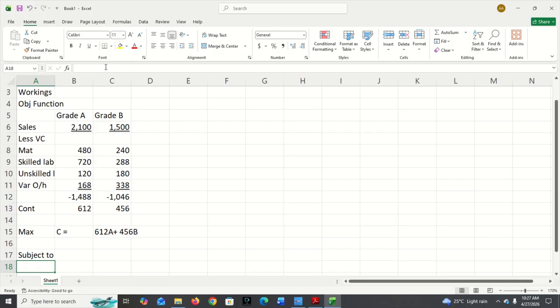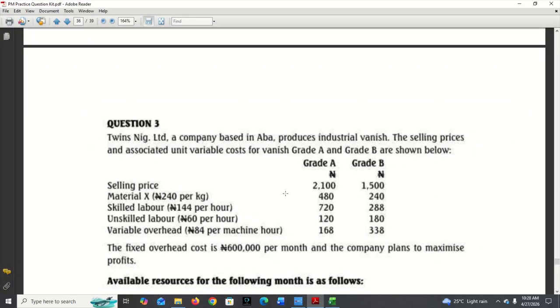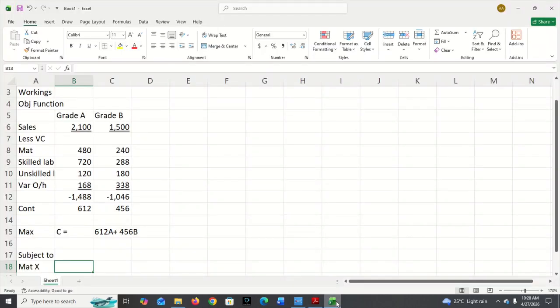So first we start from material X. For material X, how we get the constraint is very simple. Let's go back to the question. For material X, we have 240 per kg, and grade A is going to use 480, so we are going to divide this 480 by how much we use per kg. So 480 divided by 240 will give us 2. That means we are going to use 2 of grade A. So this will be 2A